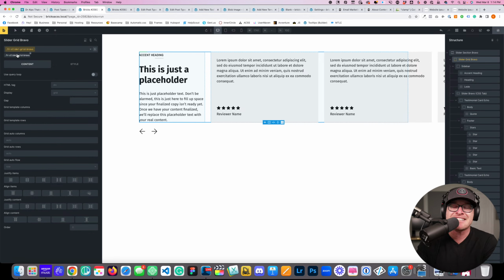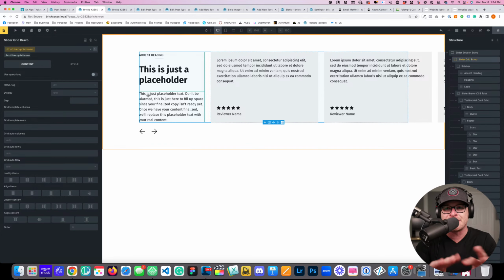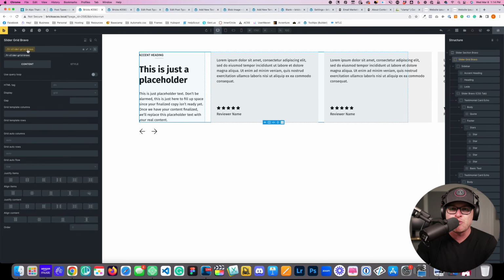Because if styling stayed attached to the old name and you changed it, your new thing would have no styling. And that's really how things work in CSS, right? If I put classes on an HTML element and then change the names of the classes, I would lose all the styling because the database says those styles are attached to a different named class. So this is actually beneficial the way that Bricks does it,